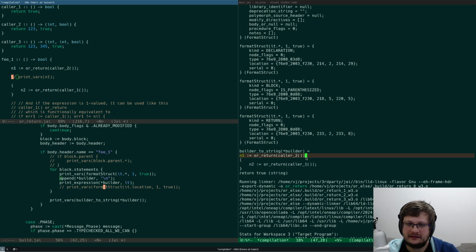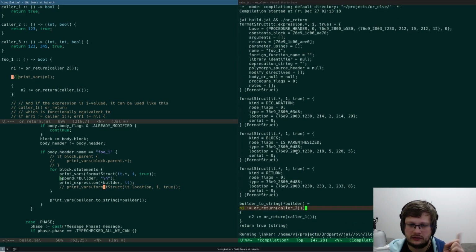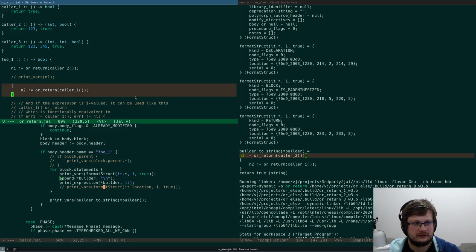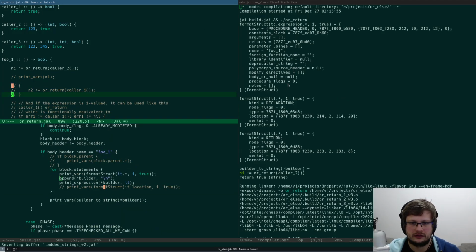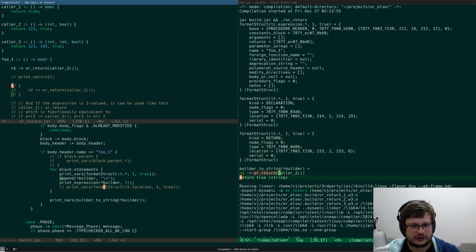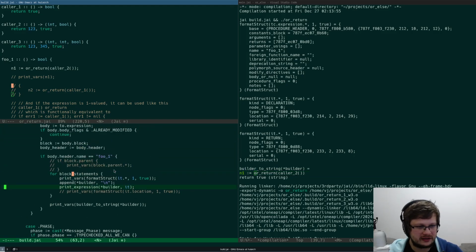I did not get the procedure call because the top level one is declaration. You see, I got the declaration here. I got return, declaration and return. So I need to recurse. I actually need to recurse and see if there are procedure calls. So I actually need sub-expressions. So I need not statements.